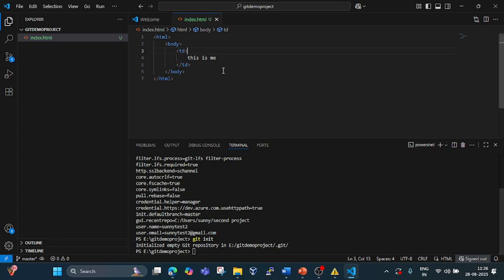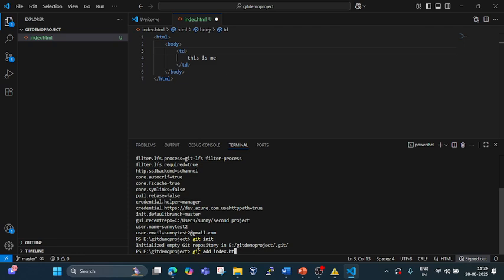Now we have to add this file to our repository. And how to add? It's not there. We have to give a command in the terminal, git add index.html.